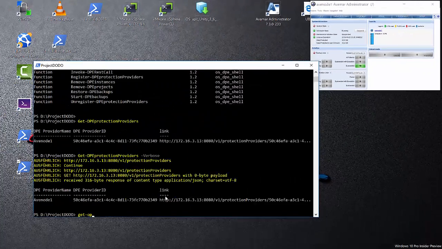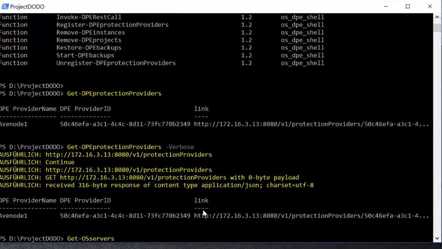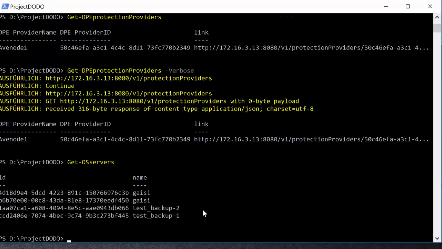To get a list of OpenStack servers, I can issue the command get OS servers. That will go out and query the OpenStack servers using the default project, the default production project. Otherwise, I could specify a project ID, but currently I'm using my integrated default project ID. If I issue that, I see all the server instances that are currently available in that project that we could use